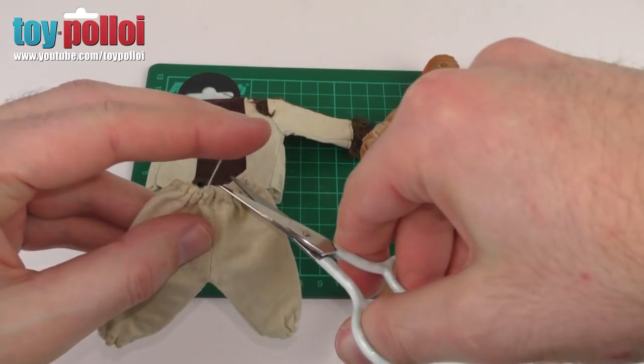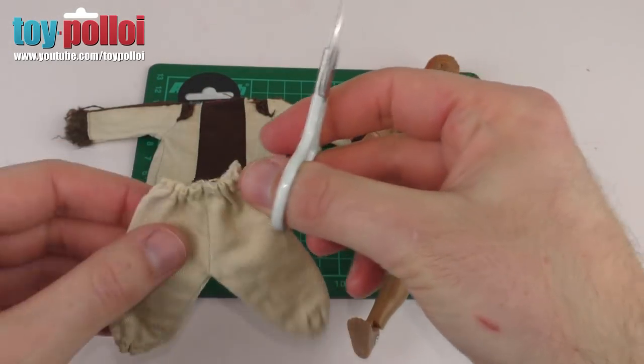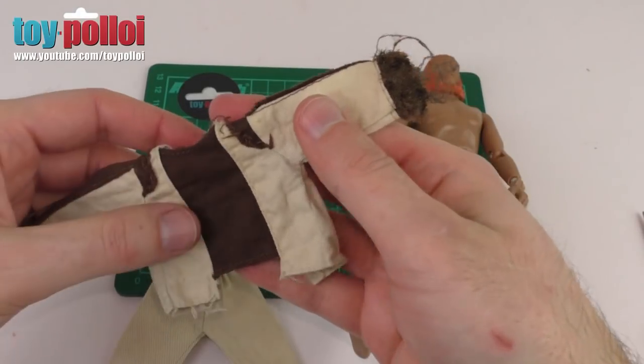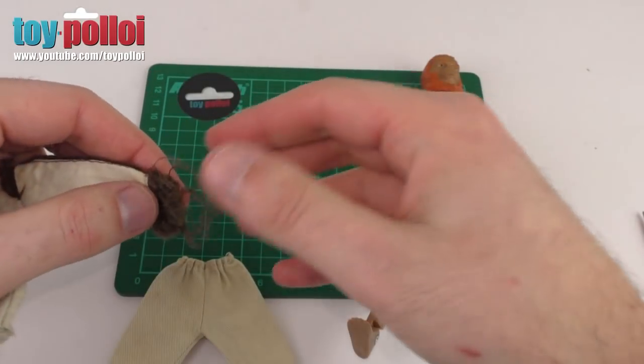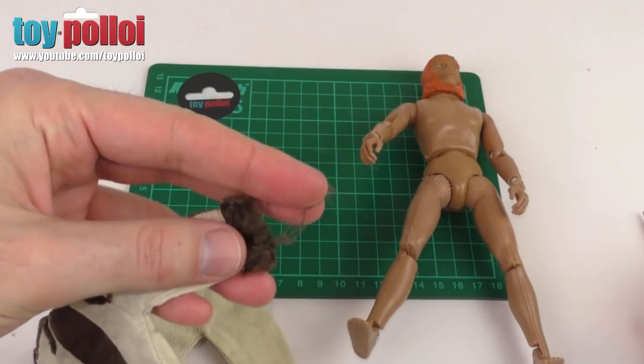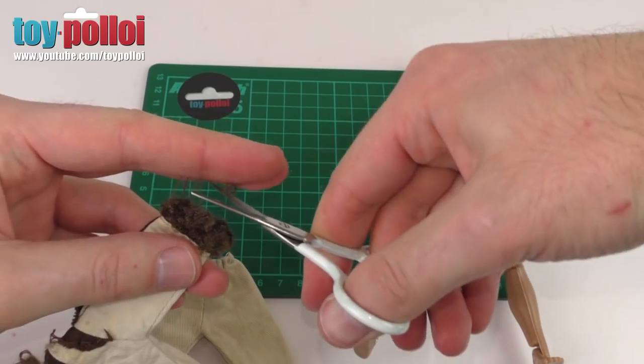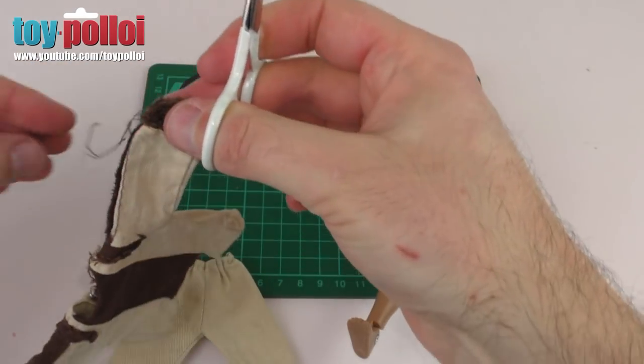So I've got a pair of scissors here just to carefully snip off any loose threads. Now the jacket, obviously this has come up pretty clean as well, but there's quite a few threads loose. If I show you the end here, you can see there's quite a few little bits hanging off. Again, I'm just going to trim these carefully away with a small pair of scissors,